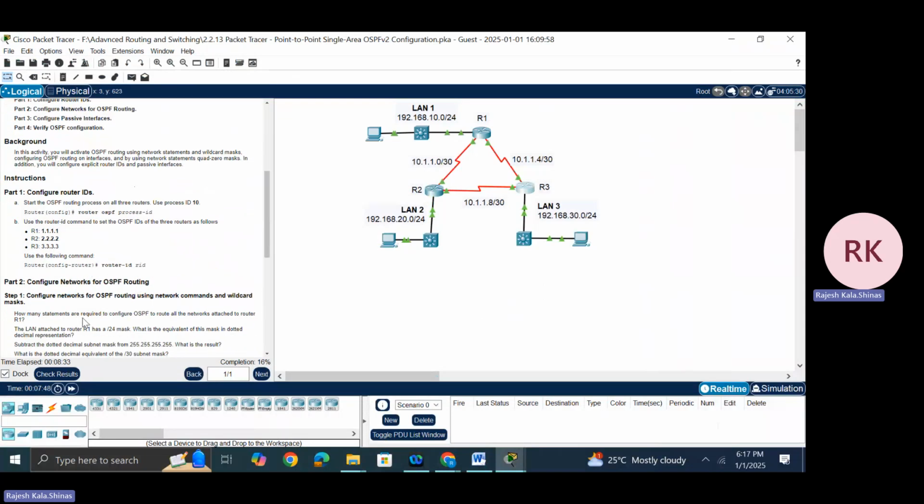How many statements are required to configure OSPF to route all networks on R1? You know what the question is: how many statements are required to configure OSPF to route the networks? OSPF is a dynamic routing protocol. Whatever routes the router knows, it will share with other routers. So what we need is to add a network statement for each network which is directly connected